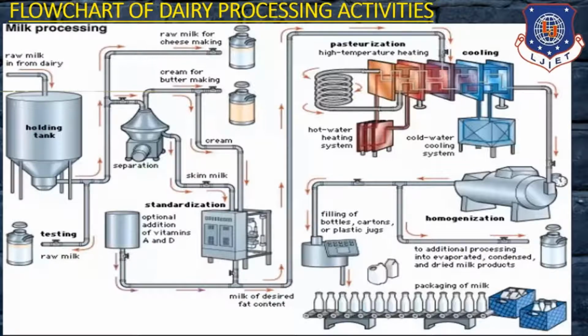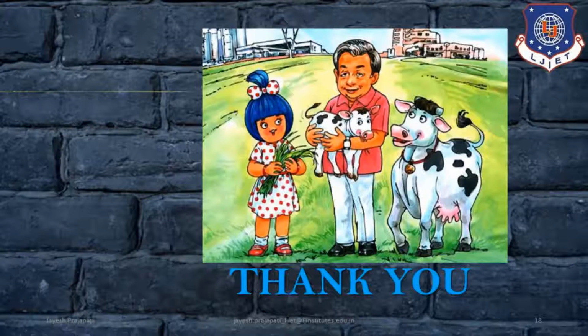Then it enters homogenization, okay, and last it goes to the plant for filling the bottles, and last it is used for packaging bottles, okay. So that is the whole flow chart to understand how milk is produced. In this figure you can understand very well how raw milk is turned into different kinds of products, okay.